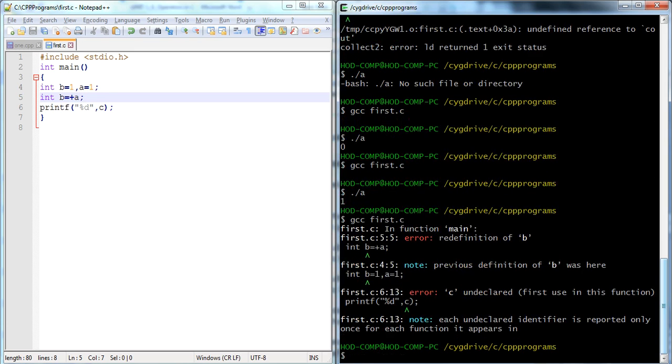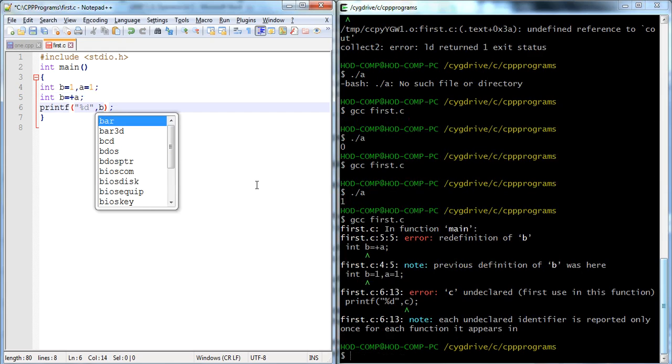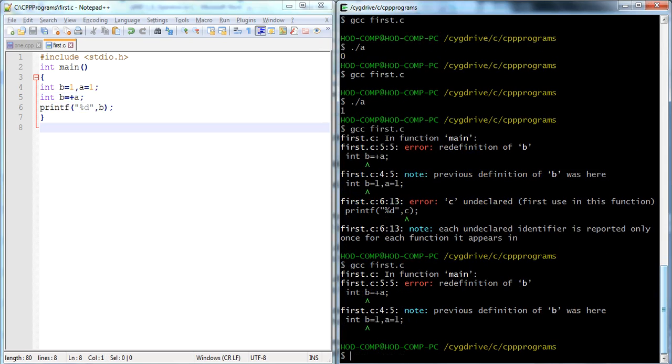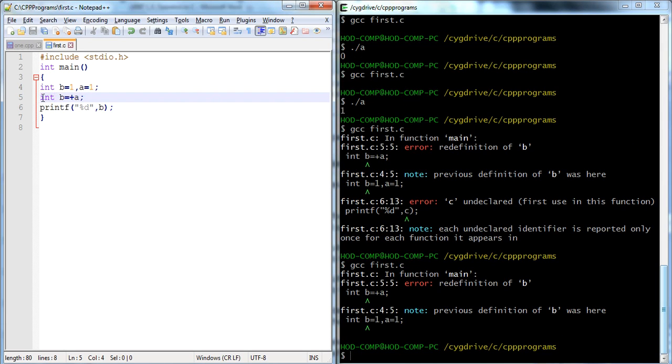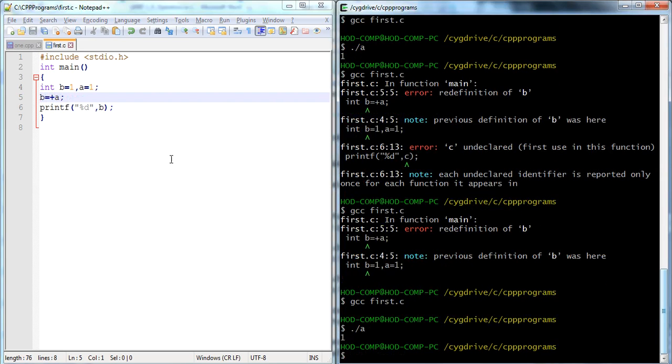We will verify it. It gives us undeclared C. Okay, we need to print here the B value. Now the B value is output with B redefined. Right, here we again define the B here. Now we need to remove this, save, then again run it. Now again print, it gives a 1. Why?